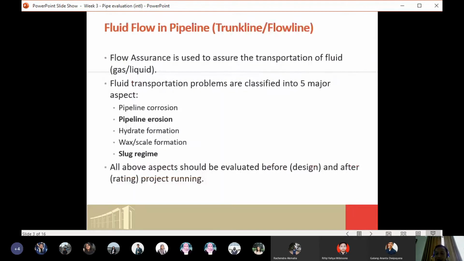Okay, so I will continue for today's class. This material is related with the pipe flow. But before going to this pipeline, I think it is much better to first discuss with you related with the